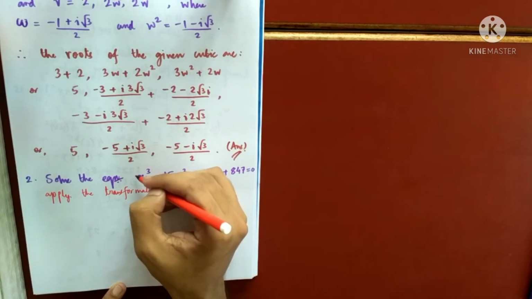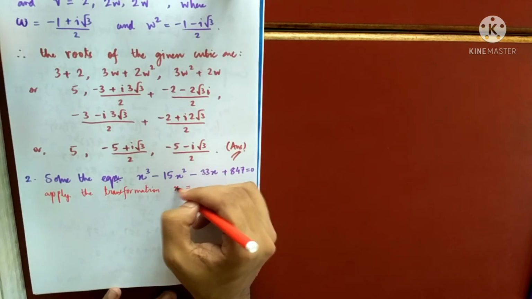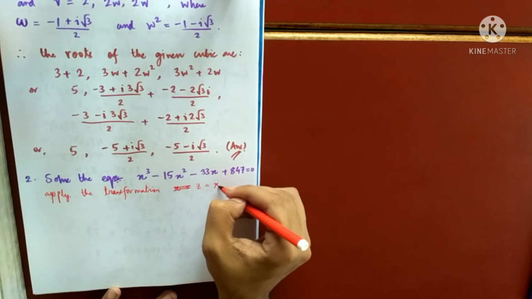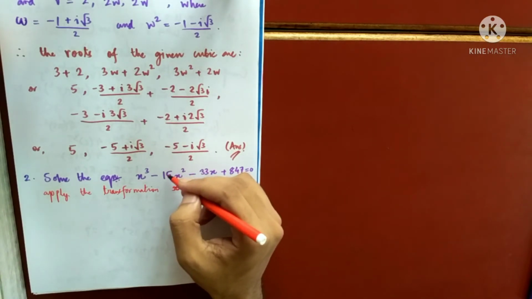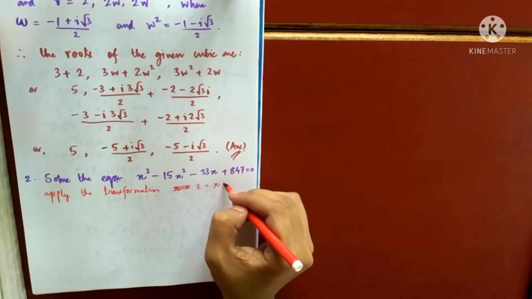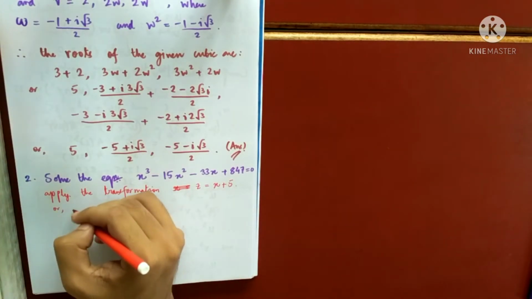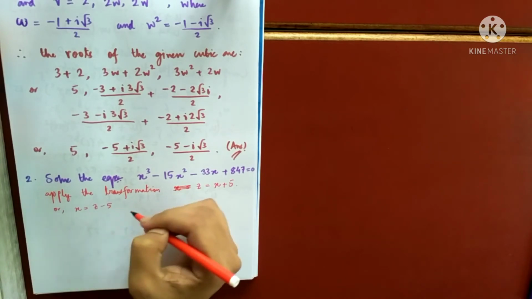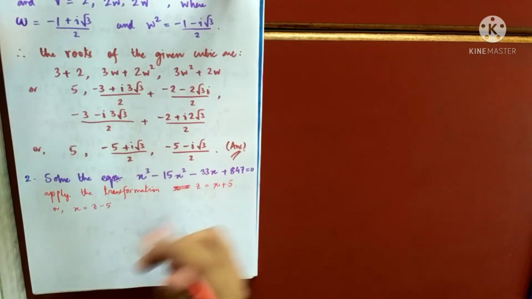What was the transformation? A0 here is 1, so x equals to z, A0 x plus A1, right? So what is A1? 3A1 equals to minus 15, because the coefficients are binomial. So A1 equals to minus 5. So apply this transformation, that is, you put x equals z minus 5, to remove this x square term. This was the rule which I already explained.